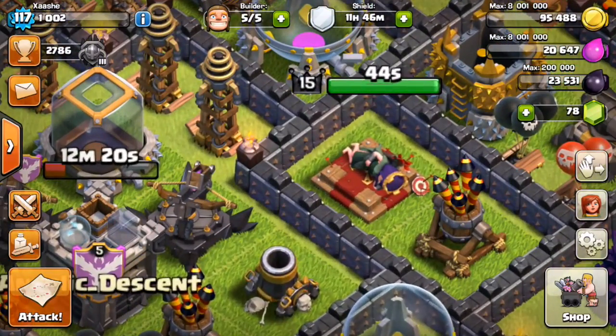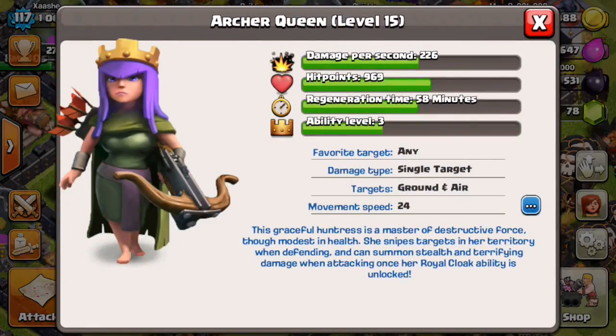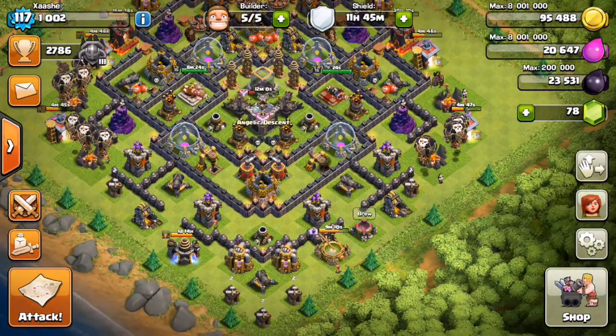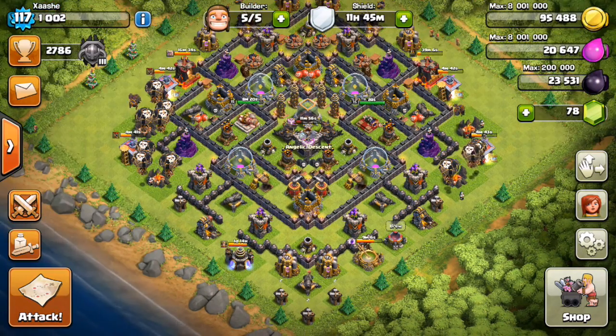First of all, I actually managed to get my level 15 queen. So now her cloak ability is level 3, and she spawns 7 other archers. Her ability goes up to 4 seconds, and the health recover is now 200. So it's quite nice. I've been raiding the last like 3-4 weeks without a queen, especially in war, and it